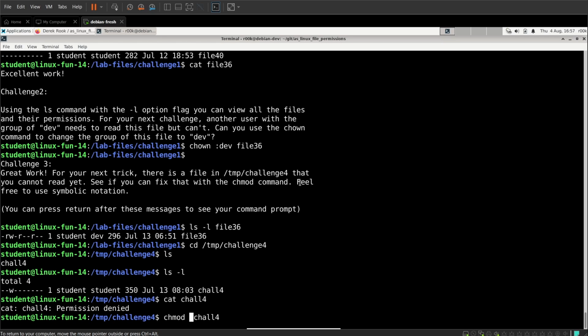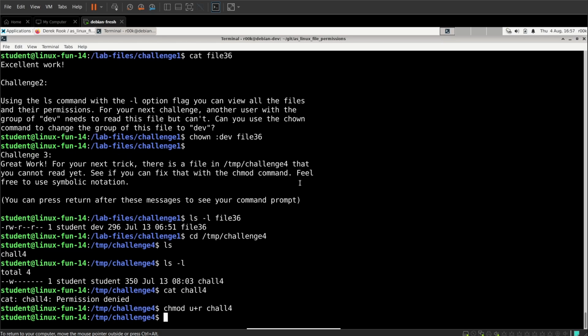But this says to use symbolic notation, which I think is the easier way to use it. And so the way we do that is that we can use u for user, g for group, or o for other. In this case, we're the user and we want to be able to read it. So we're going to use u, and we're going to add the r permission, the read permission, to challenge 4. So this is just adding the read permission. If we wanted to set it to read instead of keeping the write permission as well, we could do u=r, but we're just adding the read permission. We don't want to stomp on the other permissions that are there. So when we run that,